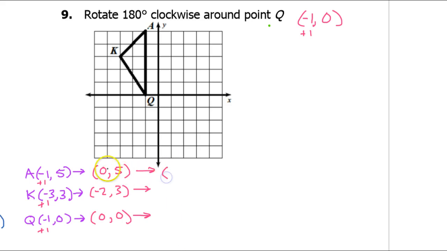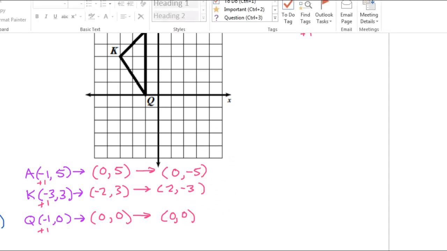So the opposite of 0 is still 0, so that's not actually going to change. But this will become -5. And then if I change both signs, it'll be +2, comma, -3. Now, the opposite of 0 is still 0, so this will just be 0, comma, 0. Okay, now,